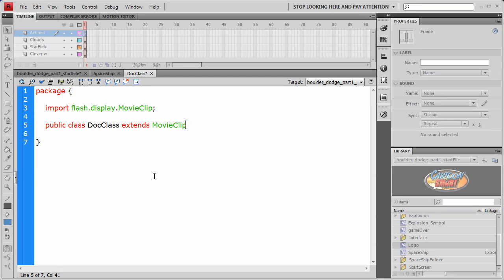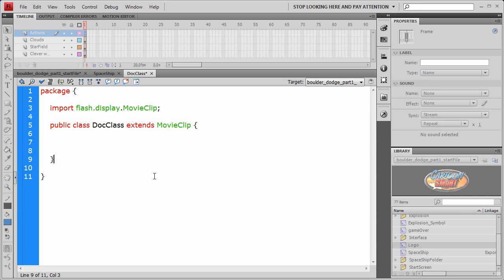MovieClip, then regular brackets, and then I'll type out my constructor function. Public function, make sure it's got the same name as the class and the same name as the file name, public function DocClass, and regular brackets. What I'm going to do with my constructor function is have it pass off to an initiate function, because that's good practice to always have your main code happen inside private functions. If I didn't do that, then the good practice police would come and arrest me or something. So initiate